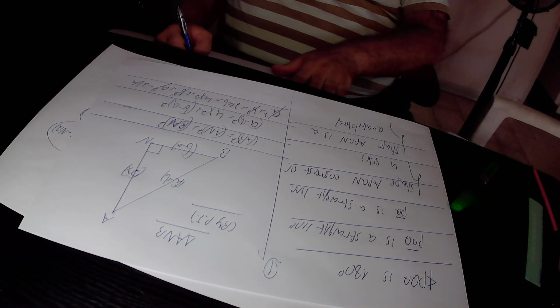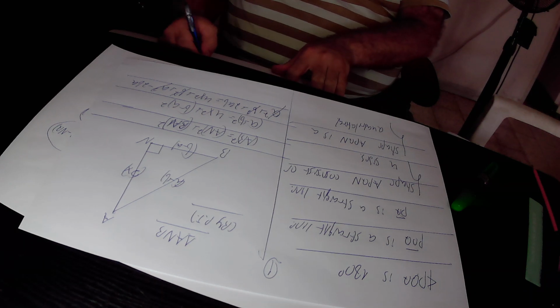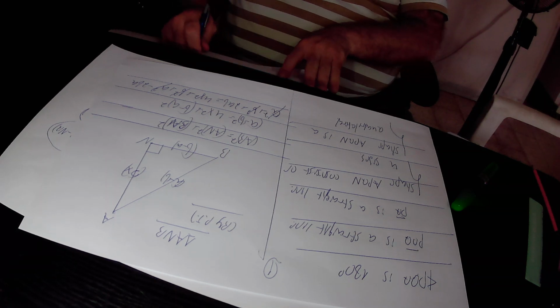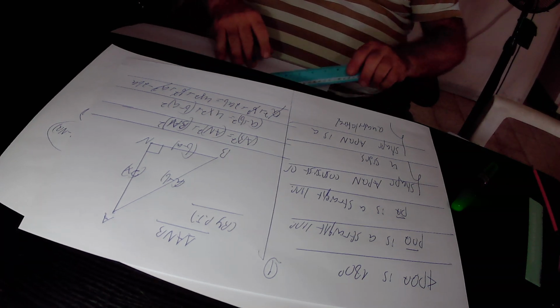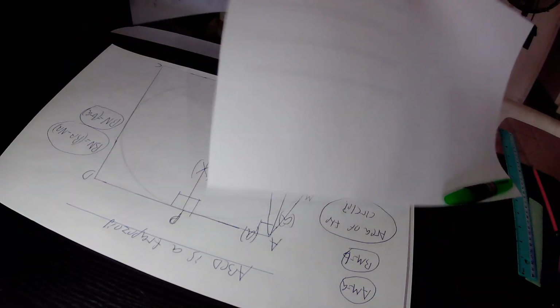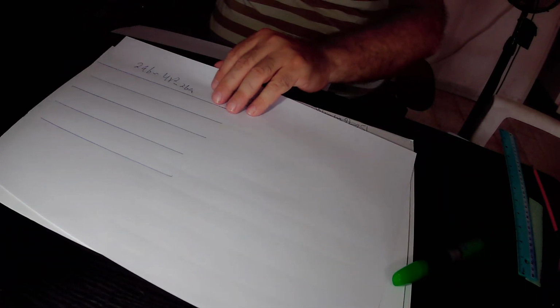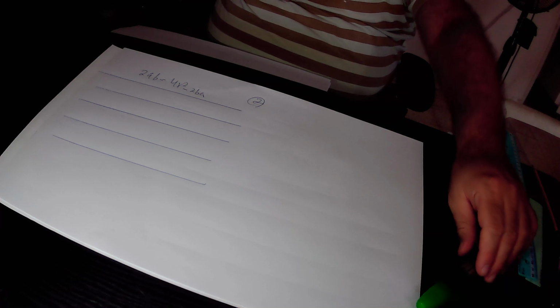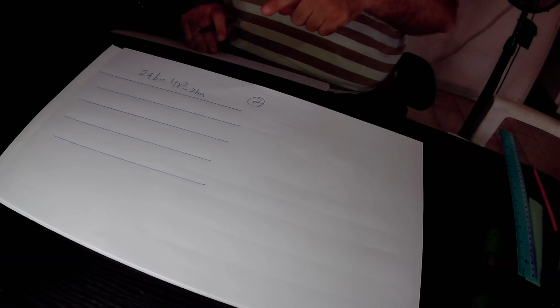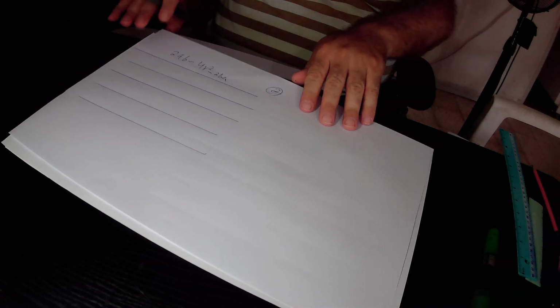So we found that 2AB equals 4x squared minus 2BA. Here we add 2AB to this equation, and we get that